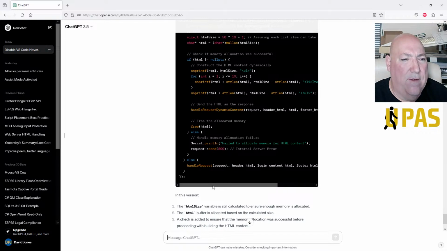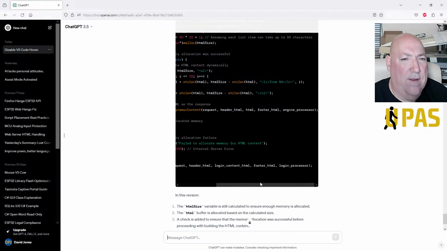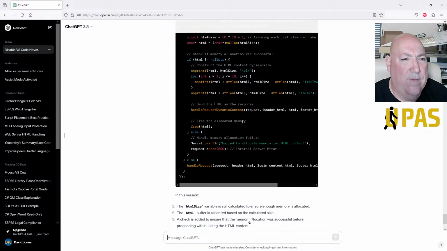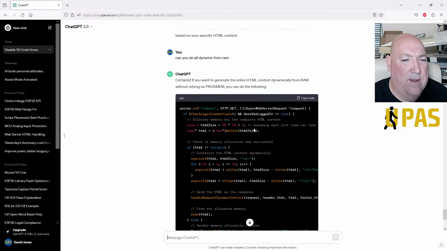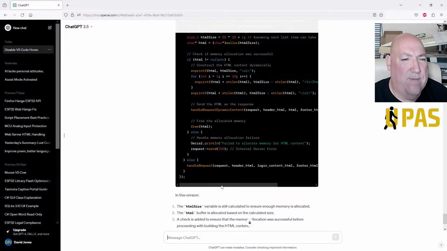Okay. What's it changed? SN_printf. String length. God, it gets complicated. Do we need all this stuff?